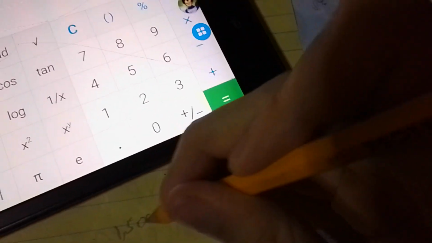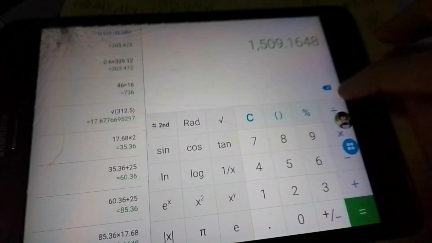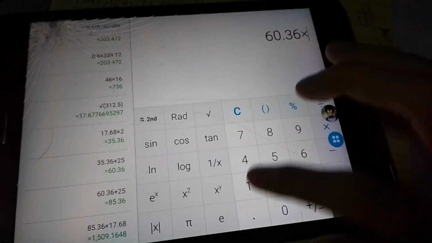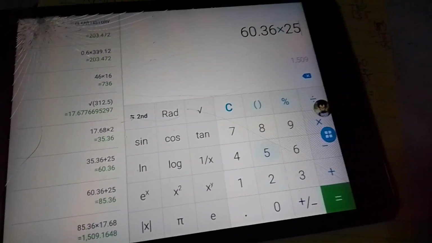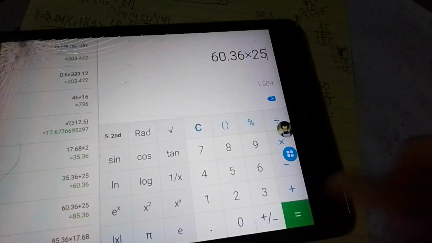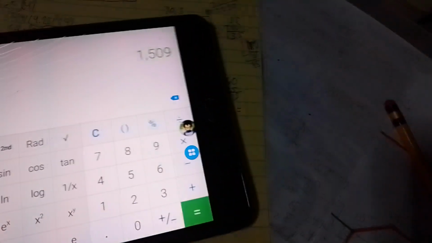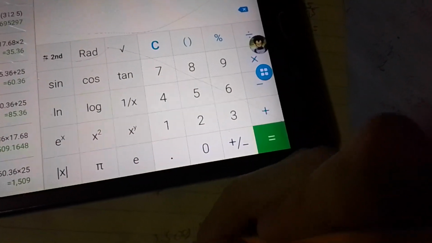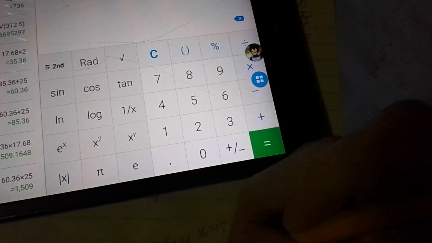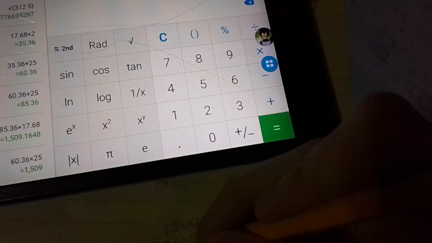Okay? So let's write our answer down. Our answer here is 1,509.1648. Last, we need to get the area of the rectangle, which is 60.36 times 25. We should get, ano yung sagot? Yan, 1,509. Wow, we still got the same. Add this up all together, we should get